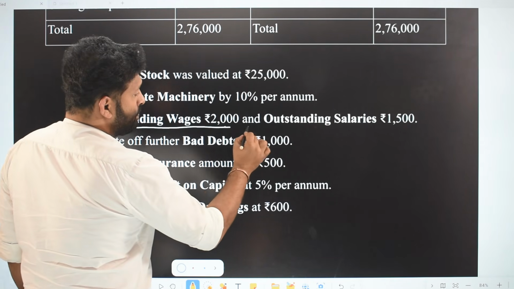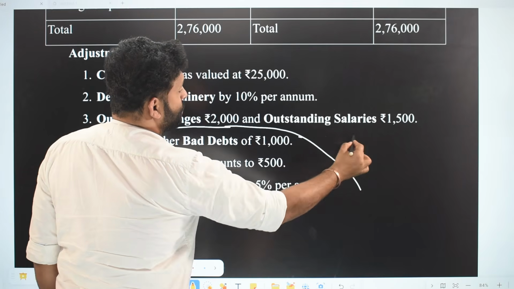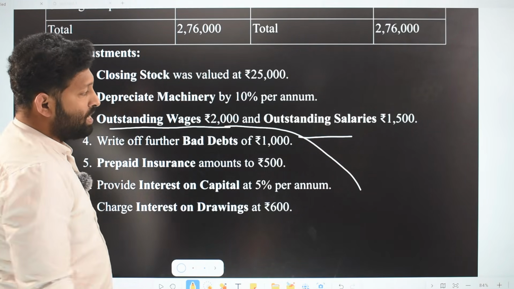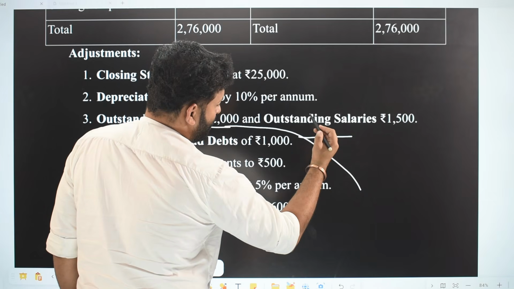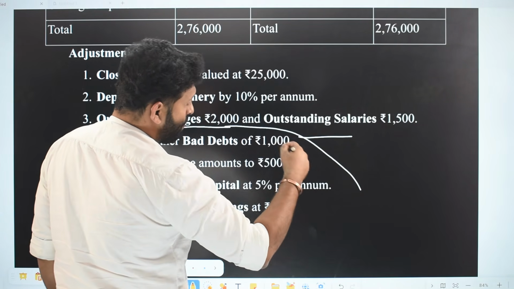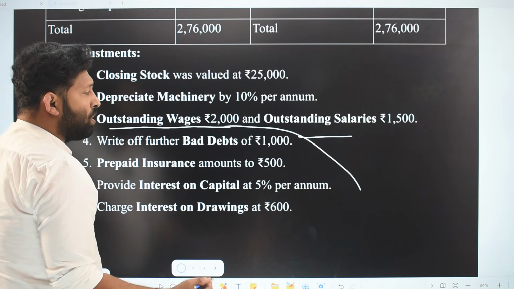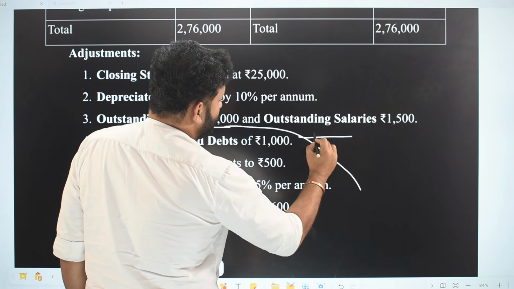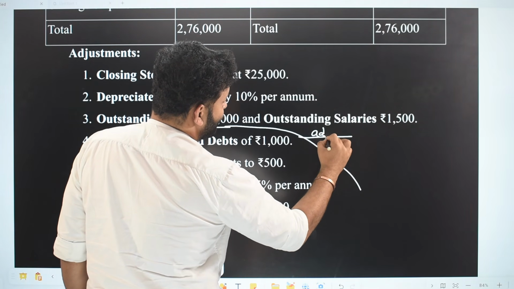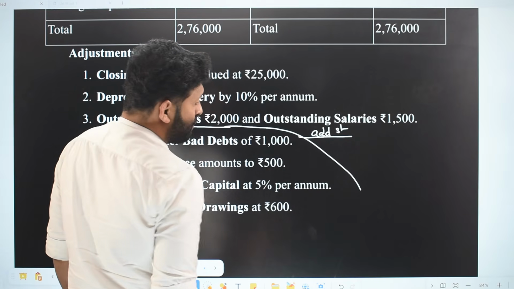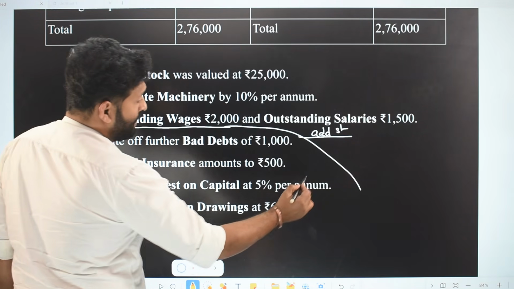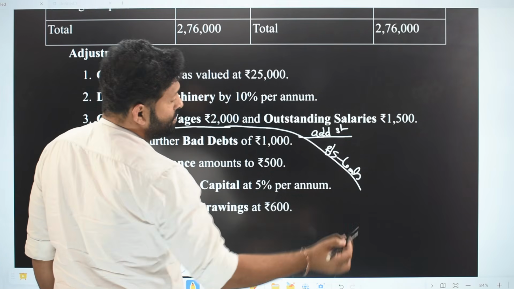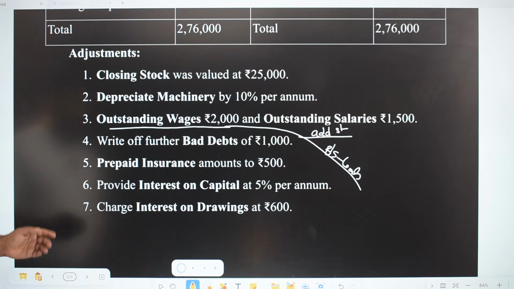So yes, adjustment ichinappudu manamu 2 times treat chestam. Two times, it appears twice. First time either credit or debit side of trading account or profit and loss account, but compulsorily in the balance sheet. So manamu first time em cheyalante outstanding expenses ichinappudu, following expense ki add cheyali. Second time balance sheet lo liabilities lo post cheyali. So add it to the